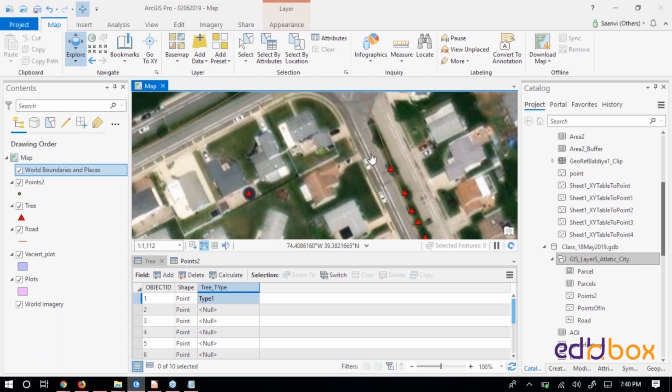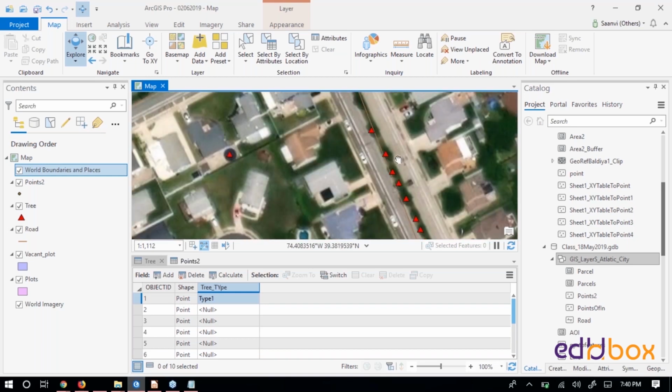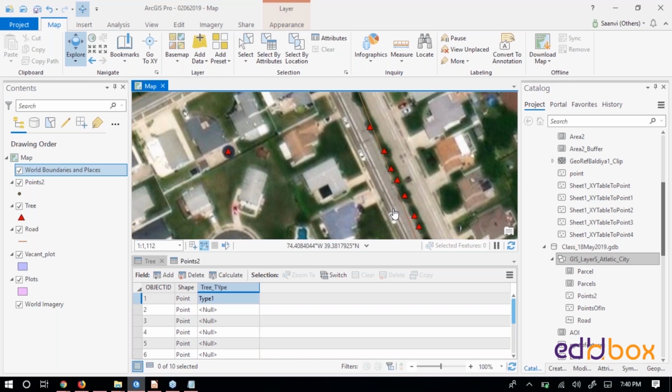So if I have to add this and put in some information, while I'm not doing that exercise because we already did that yesterday, say for example I had to fill in this tree_type attribute, and I know this is one type of tree, this is type 2, this is type 3, this is type 4, maybe in terms of height, shades, leaves, fruits,